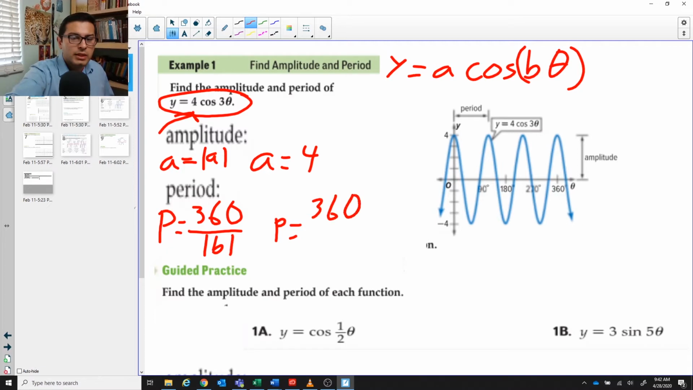360 divided by 3. Let's ask Siri, "Hey Siri, what is 360 divided by 3?" The answer is 120. Okay, our period is going to be equal to